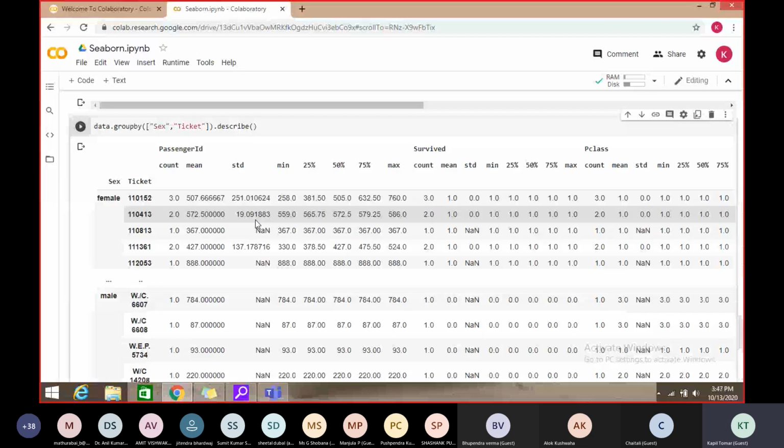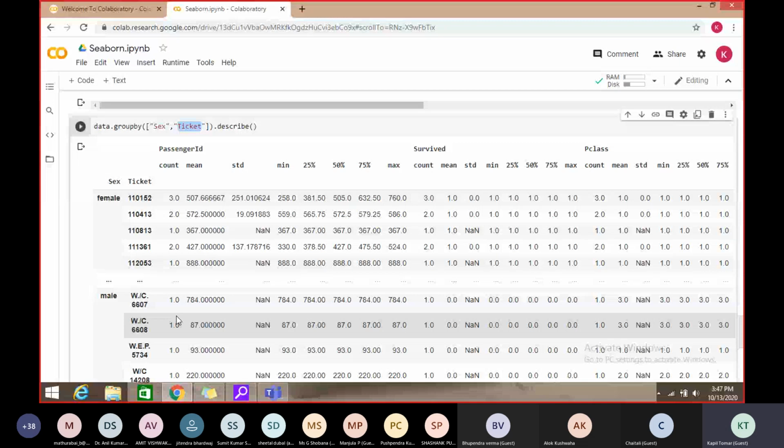Okay, so what we are doing here is it merged the two columns, sex and ticket, right? And it describes them.